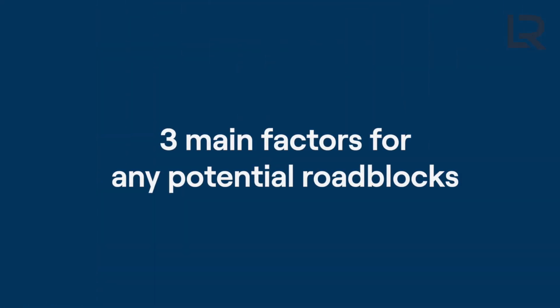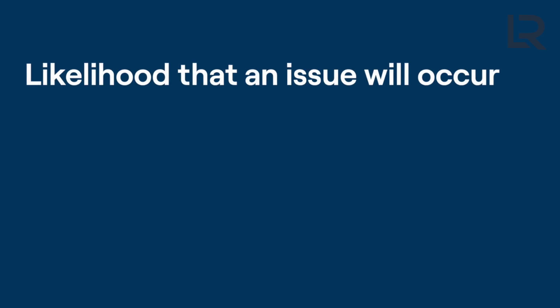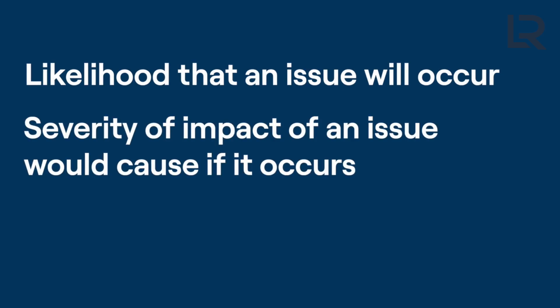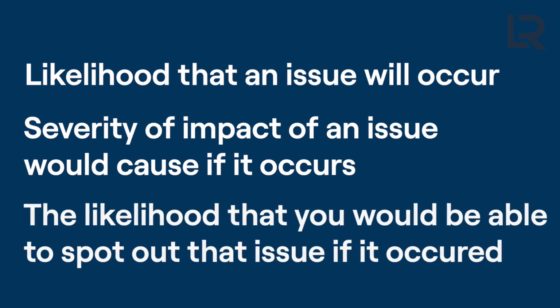Additionally, you want to look at the risk of doing this project and plan out ways to mitigate that risk. There are three main factors for any potential roadblocks. The first is the likelihood that an issue will occur. Next is the severity or impact that an issue would cause if it occurs. And last is the likelihood that you would be able to spot that issue if it occurred to prevent